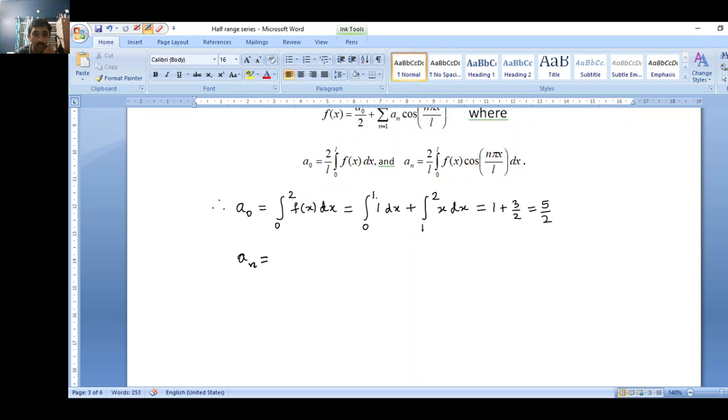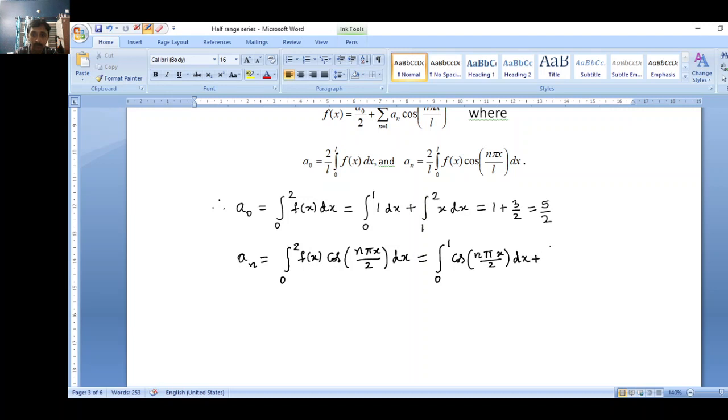Now we'll go for a_n. So once again, because L is 2, this will simply be integral 0 to 2 f of x cos, and now because L is 2, this will be cos n pi x by 2 dx, correct? And once again, because the given f of x is a split function, from 0 to 1 f of x will be 1, so this will simply be integral 0 to 1 cos n pi x by 2